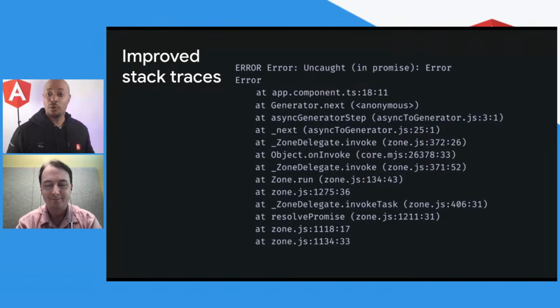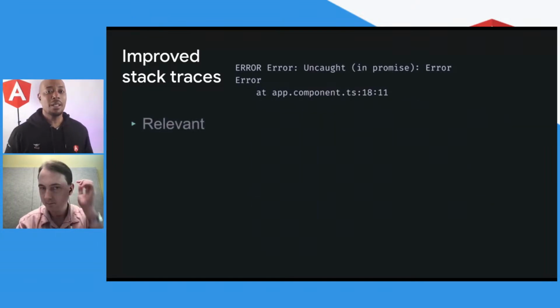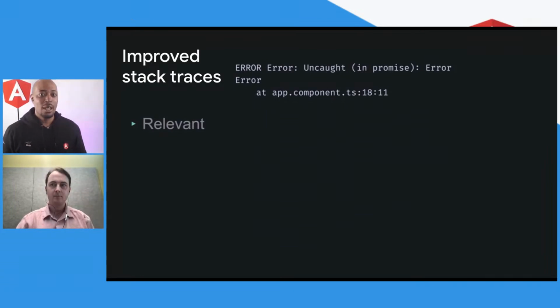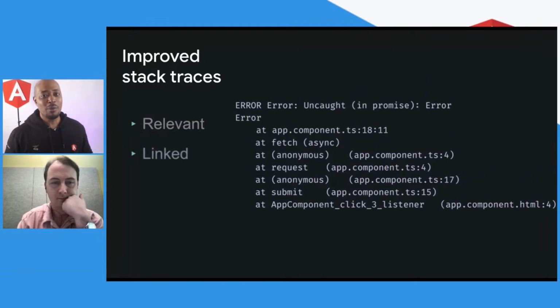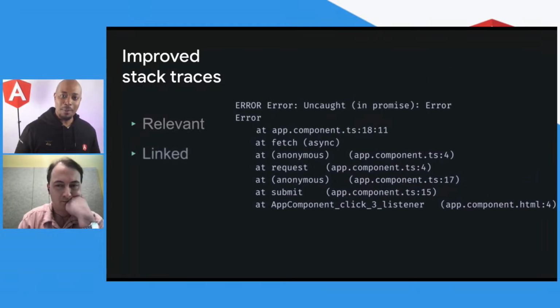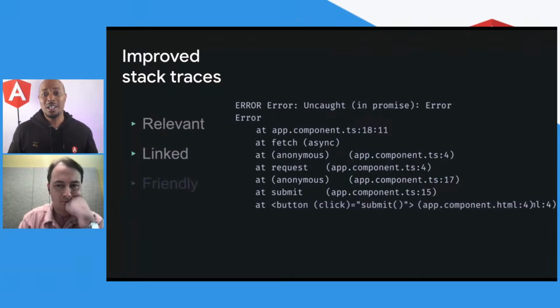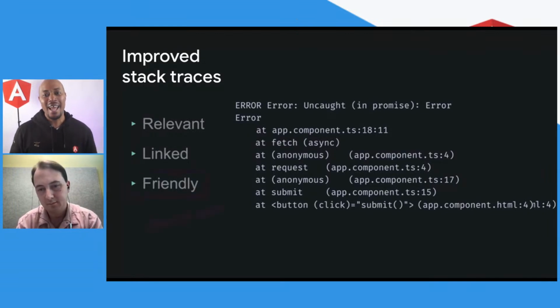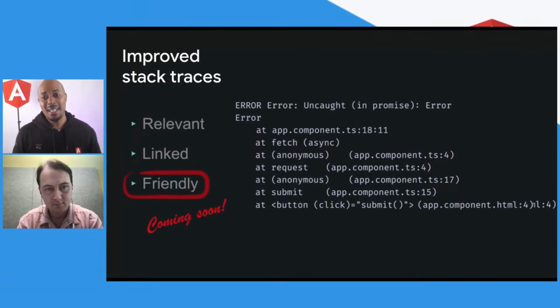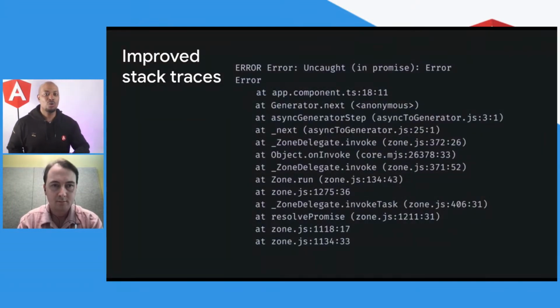So back in 2022, we did something super rad. We worked with the Chrome DevTools team to implement improved stack traces. We're doing this by keeping them relevant, removing call frame names that come from other framework runtimes or third-party libraries. We also collaborated with them on something really dope called the async stack tagging API, which will concatenate stack traces coming from micro and macro tasks for a more complete picture. Now, this is so nice.